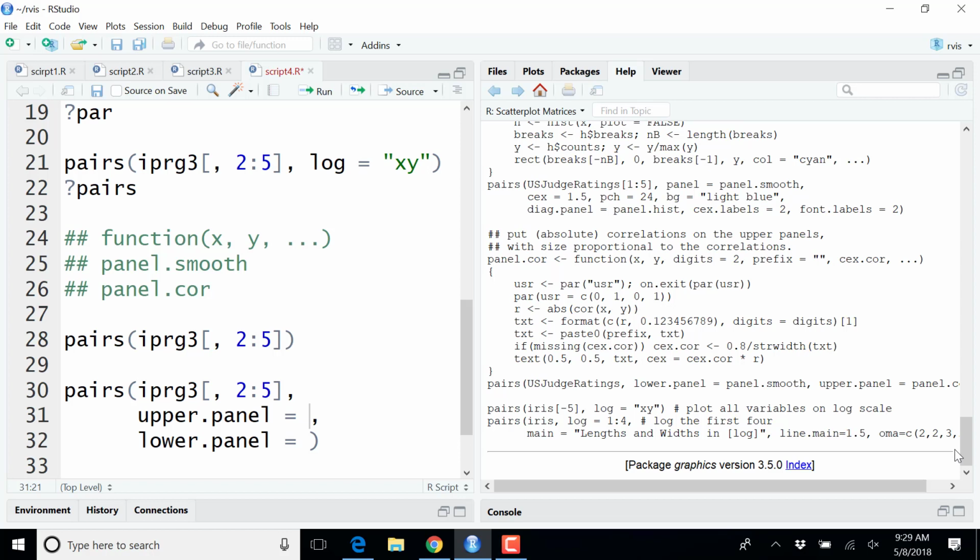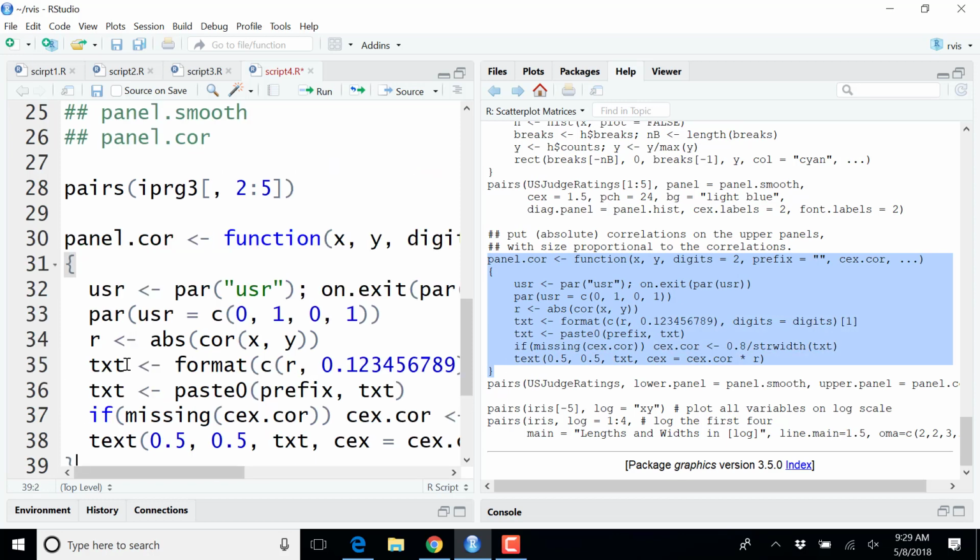So this is, if you want, the core algorithm of this panel.cor function that calculates the correlation. All the rest plays with the parameters, the size of the text, and so on. So you would want to take this code, copy it inside here,